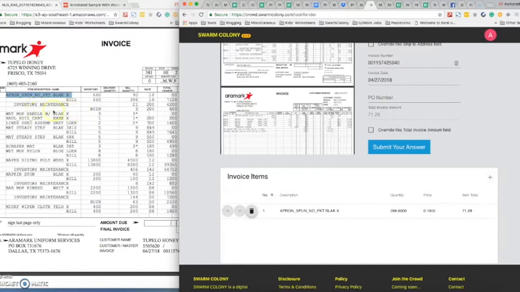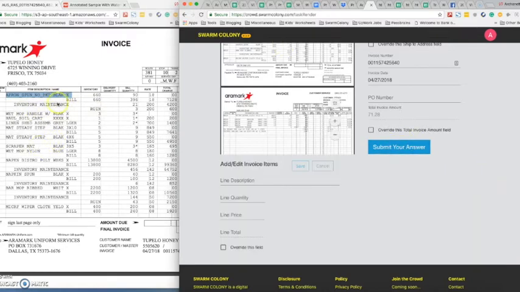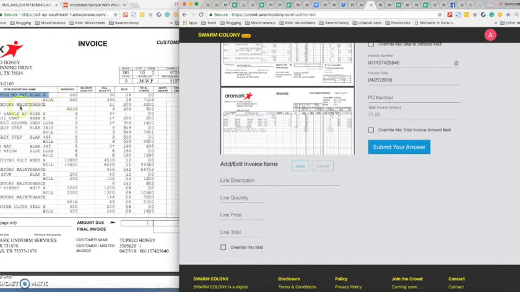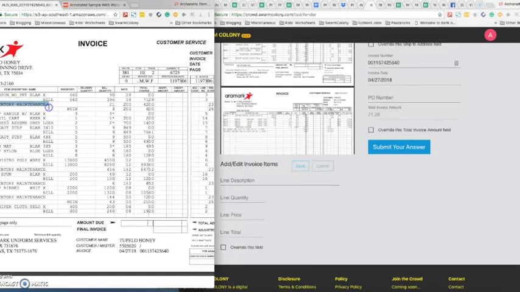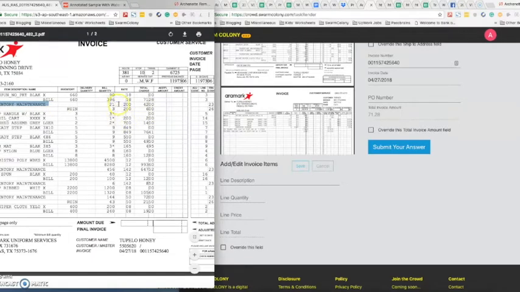So next, as you can see, there are other line items here that we need to extract. So we're going to add another row. So let's see what's our next line item description to extract. So you have inventory maintenance, which has two values here, this row and then this row. Since this one does not have a line description, but we all know that it is the same as the inventory maintenance, you're going to repeat inventory maintenance twice